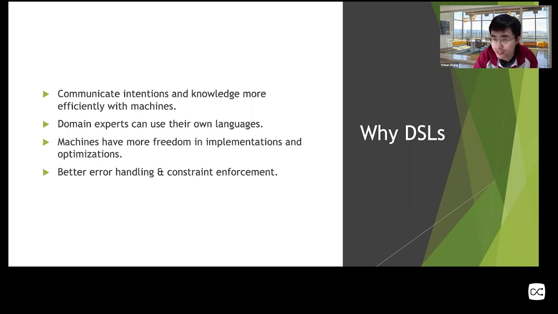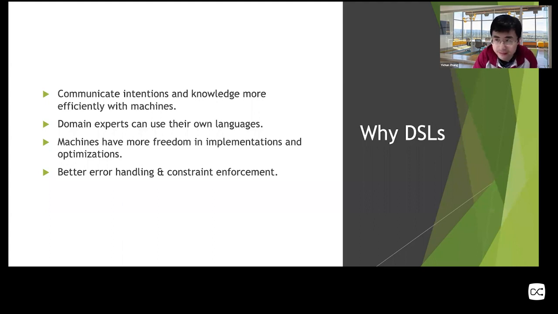Because many times machines can do a much better job to generate efficient code and do very aggressive and high-level optimizations than humans, at least the average programmers. So if we have a clean separation between knowledge and implementation, then we can always do optimizations, especially aggressive optimizations, overnight, without touching the representations themselves.